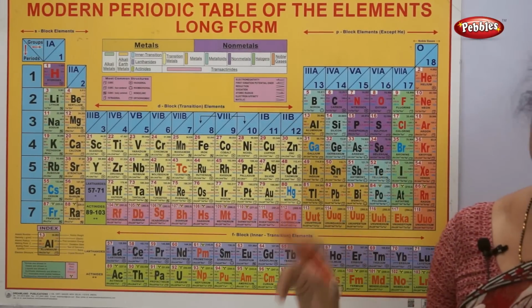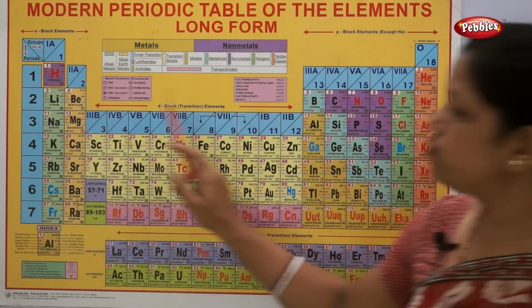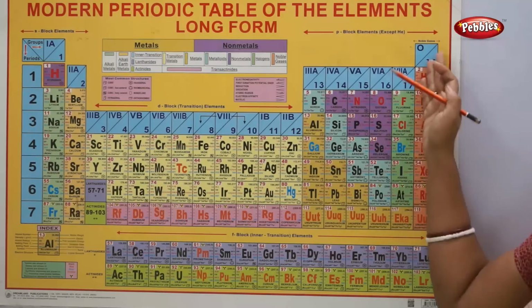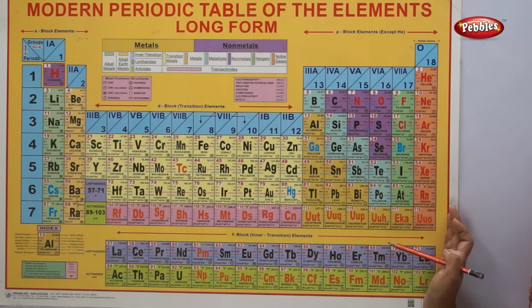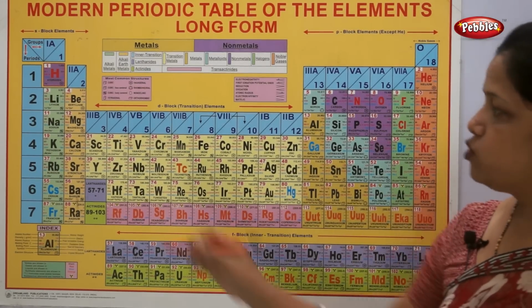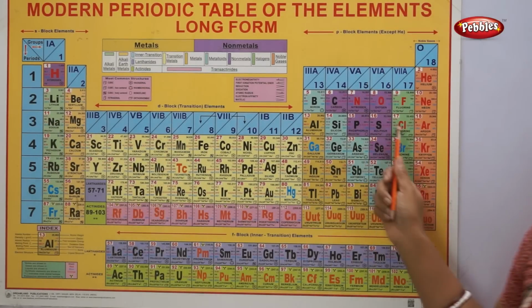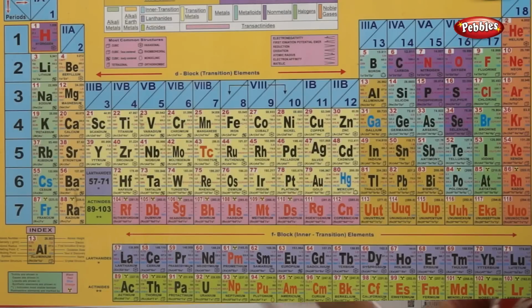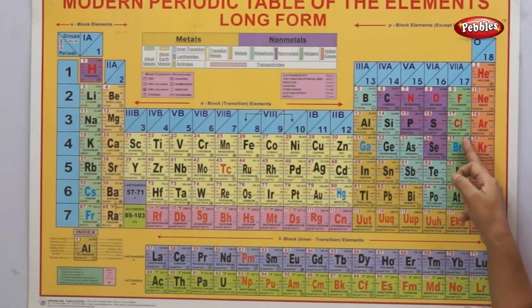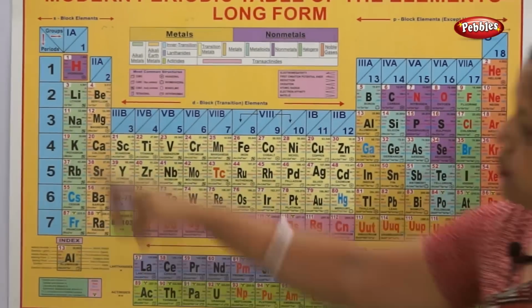The valency is increasing from 1 to 4, and then it is decreasing from 4 to 1. I am not considering inert gases. Inert gases' valency is 0 because they don't need any electrons to be given out or taken in. So when you go from left to right in a periodic table's period, what we are observing is that the valency increases from 1 to 4 and then slowly decreases back to 1. What happens in the group?